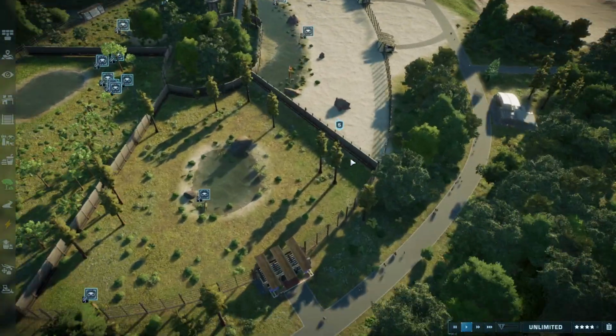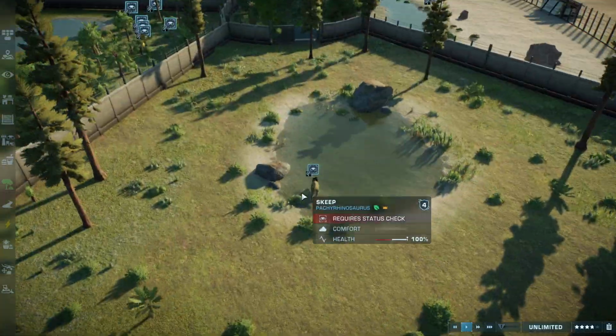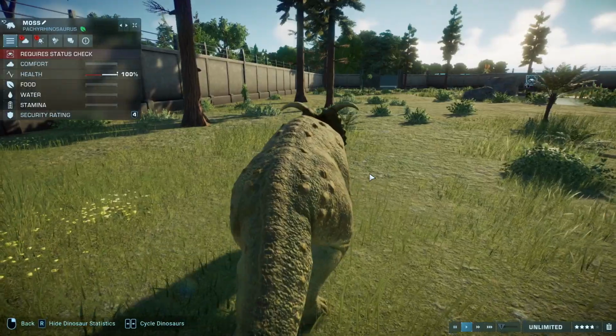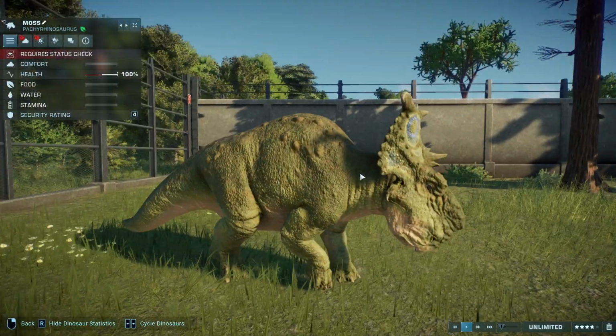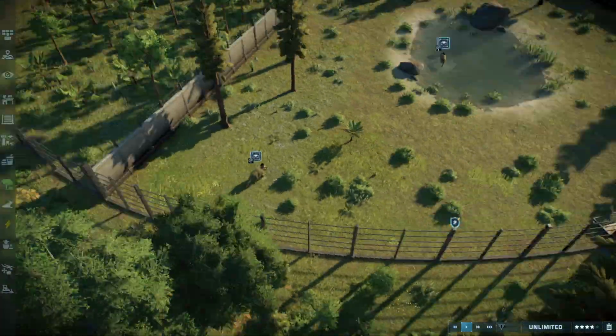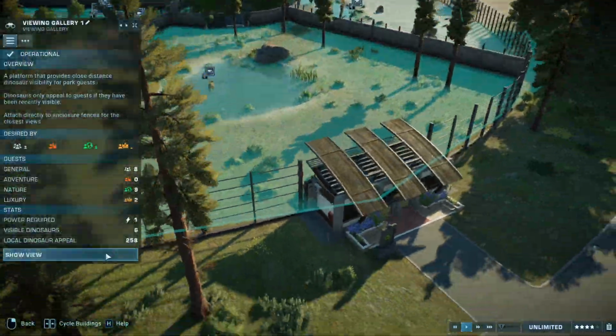Okay, so then in this forest-y thing with a nice little lake, we have Skeep and Moss, or a Pachyrhinosaurus, with a very beautiful skin, I might add. I love the little blue circles. But yeah, they have a nice little forest-y exhibit,